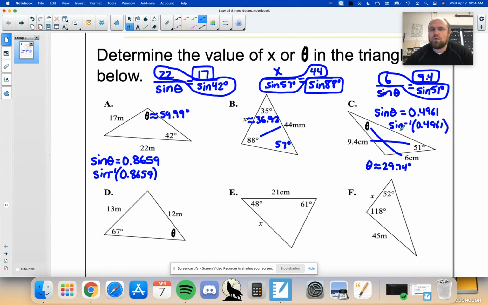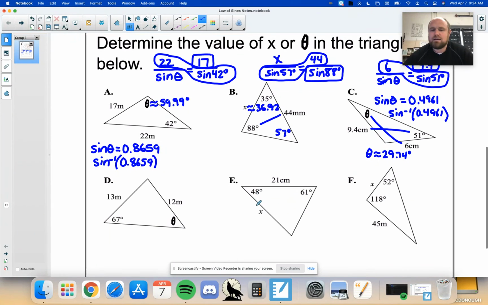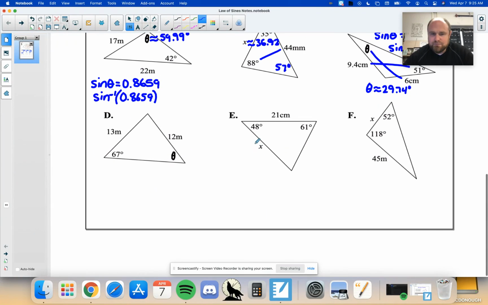Now I'm going to show you one more example where you're looking for a side length, and we'll do that on letter E. Because we're looking for a side length on letter E, we need to figure out what's across from that particular side for X, since we're looking for side X. Side X is across from 61. Okay, so we know that that's the pairing that's going to go together right away. So I'll just write that. X, which is the side lengths go on top, divided by the sine of 61 degrees, okay, equals,